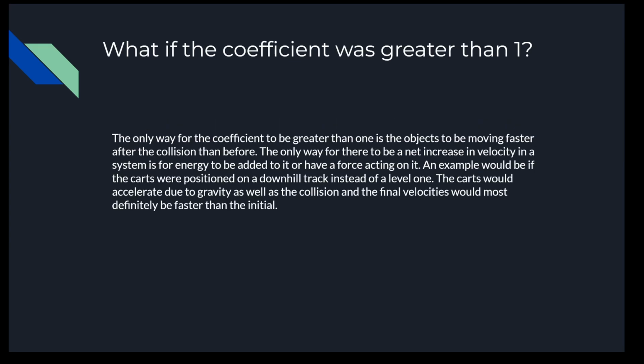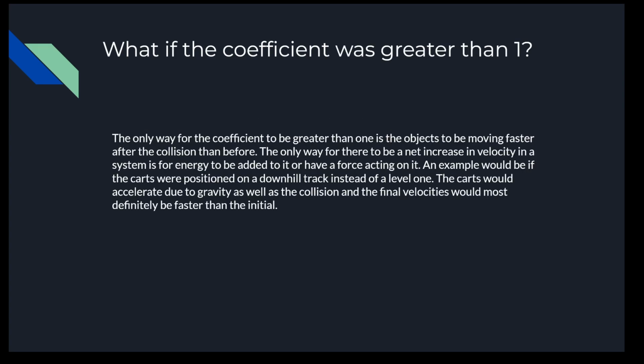The only way for the coefficient to be greater than 1 is for the object to be moving faster after the collision than before. The only way for that to occur is for a system to experience a net energy gain, kinetic energy gain, or for it to have a force acting on it. An example would be if the carts were positioned on a downhill track instead of a level one. The carts would accelerate due to gravity as well as the collision, and the final velocities would definitely be faster than the initial, giving a